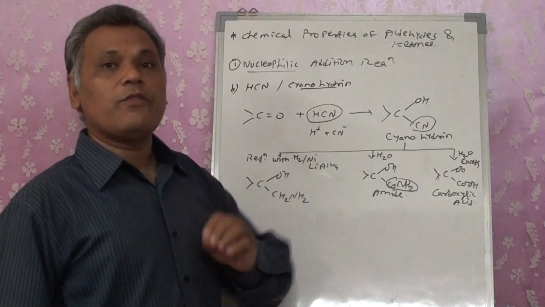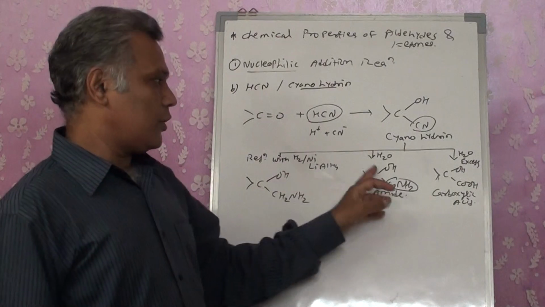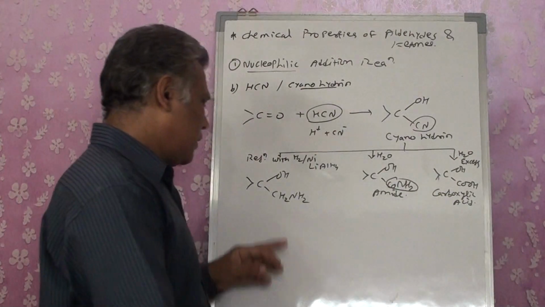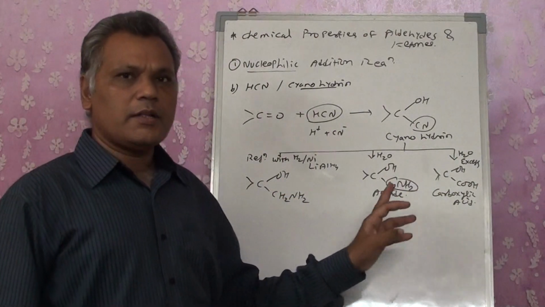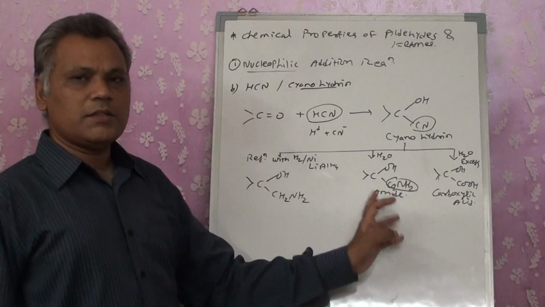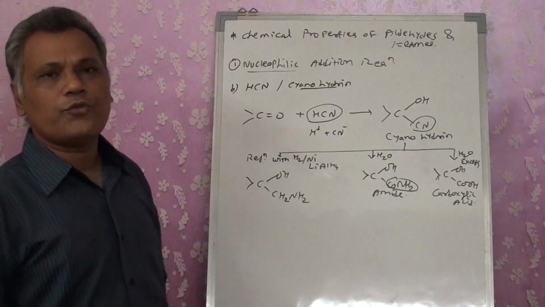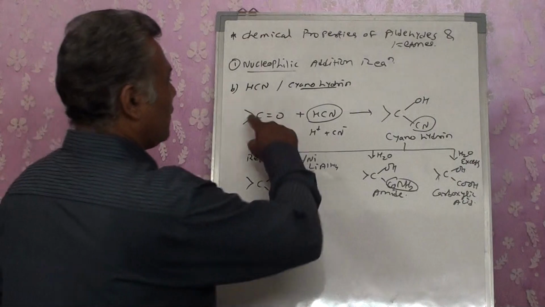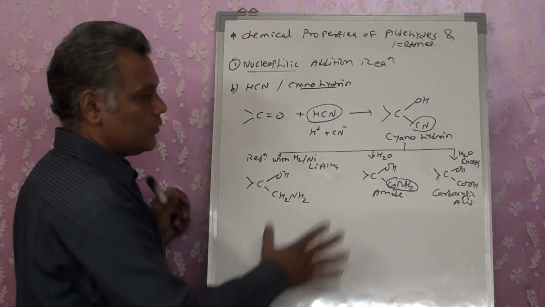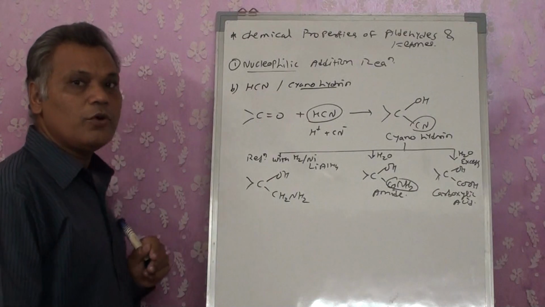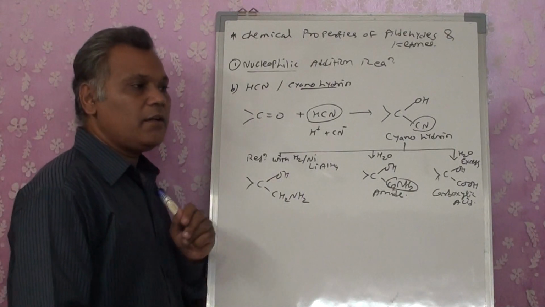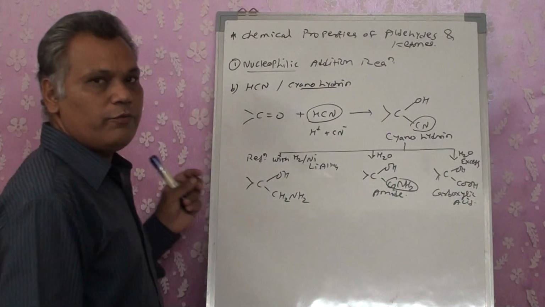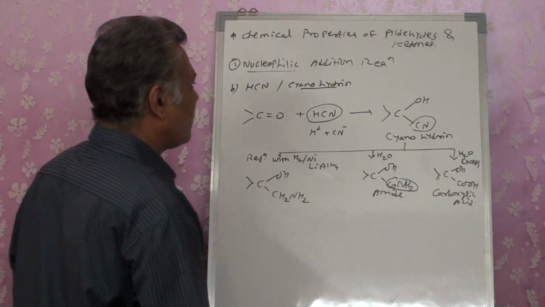So all these reactions are of the CN group, which you can remember. Wherever you have a CN group, reduction, hydrolysis in limited portion or in excess, you are going to get either amine, acid, or a neutral compound. Base, acid as well as neutral, all three can be produced from the CN group, right? And this is a particular reaction of cyanohydrin. These are additional reactions given to you because in the exam we can have questions like give the conversions of the following compounds. So at that time we can use these particular reactions, right?